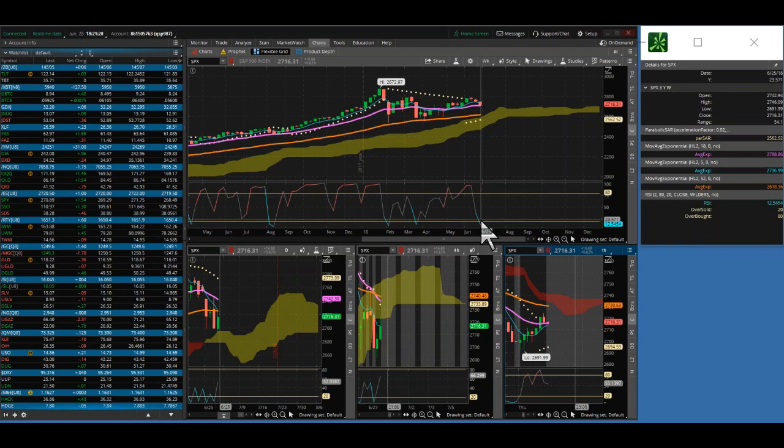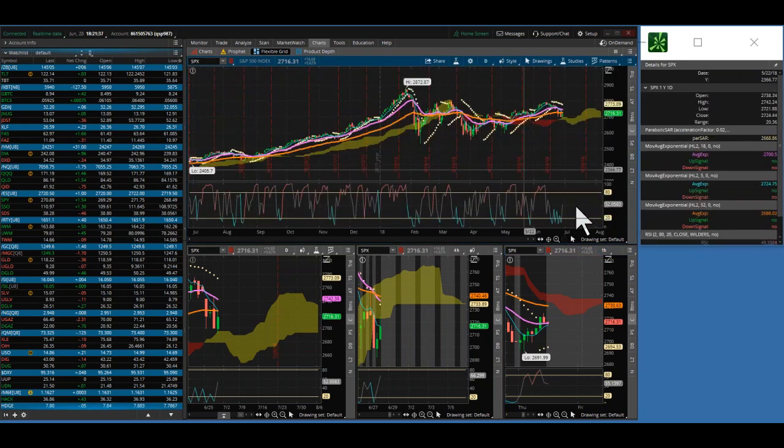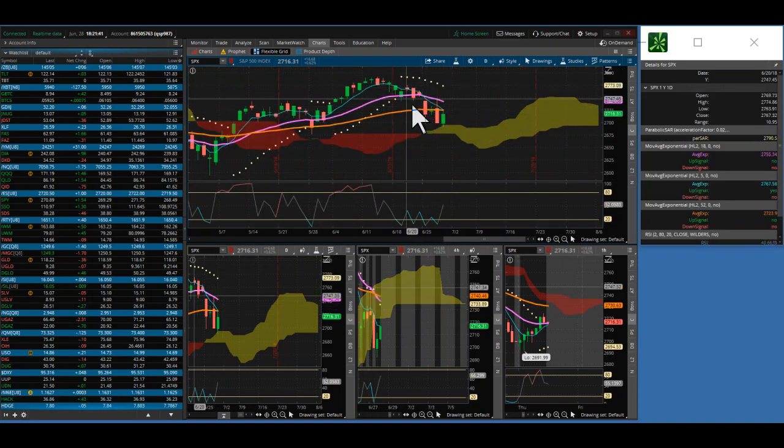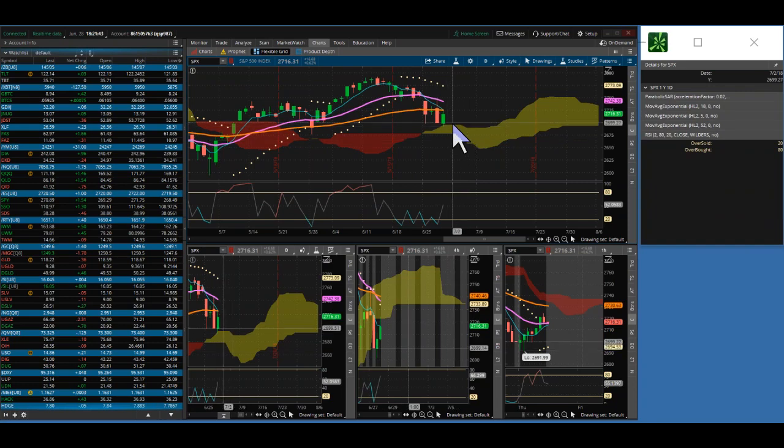So as you can see, hitting some oversoldness on the SPX. Markets are trying to look like they want to make a comeback. I'll pull up the daily so you can see it. All right, so downtrend channel on the daily, nothing has changed. Market's trying to find support down here at the 2700 level, which also signifies the top of the Kumo cloud. If this can hold and the market can stage a rally for Take Back Friday, which is tomorrow, then